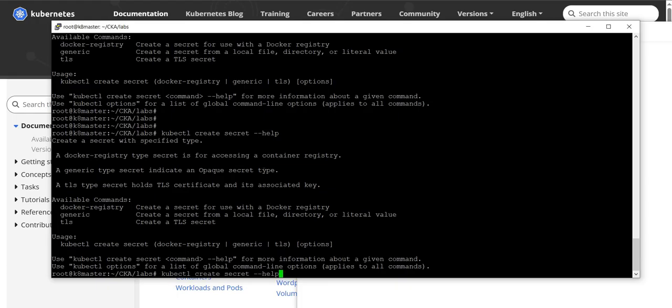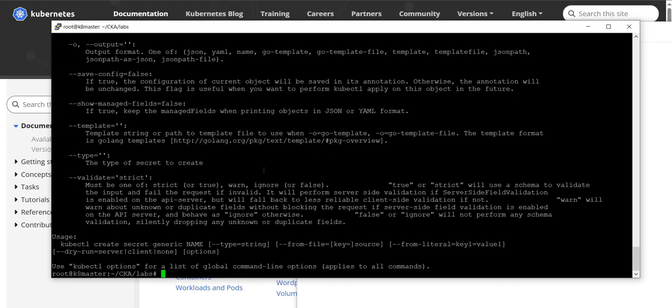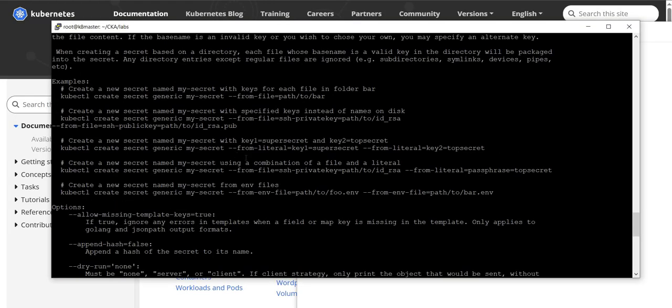Okay, there is one more thing, right? We need to say what we need to do, right? So it is something generic. Now, what is happening is you need to pass this keyword, generic, to the secret, because we are creating a secret. And the same way you can follow this imperative approach, like kubectl create secret generic, just put the name